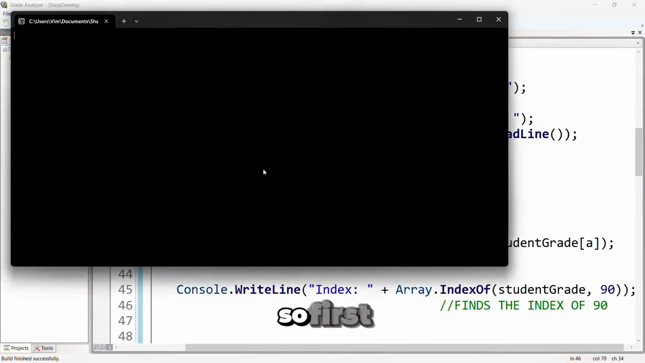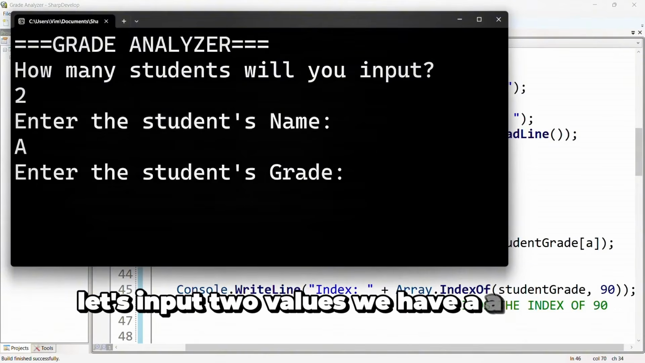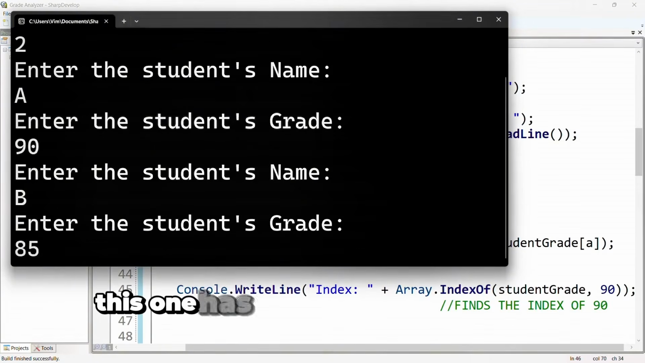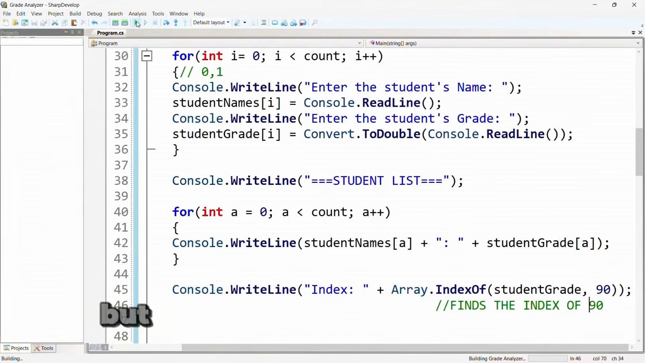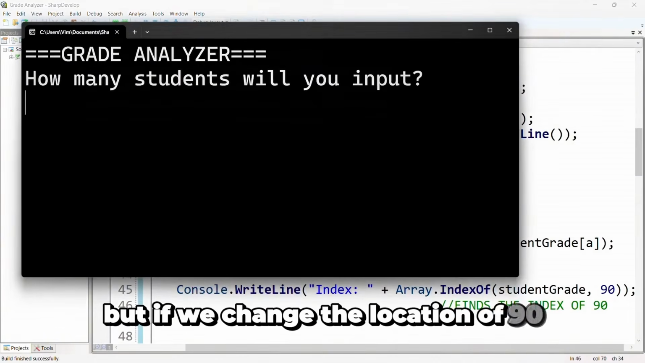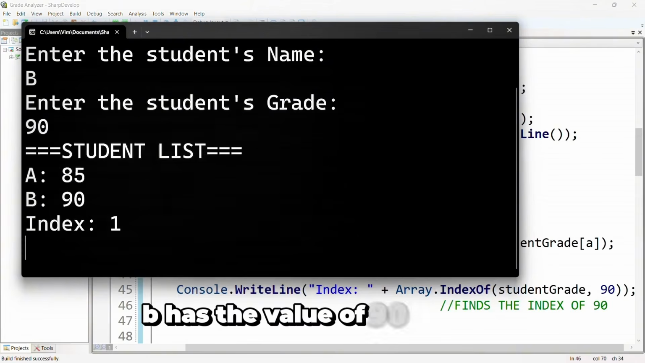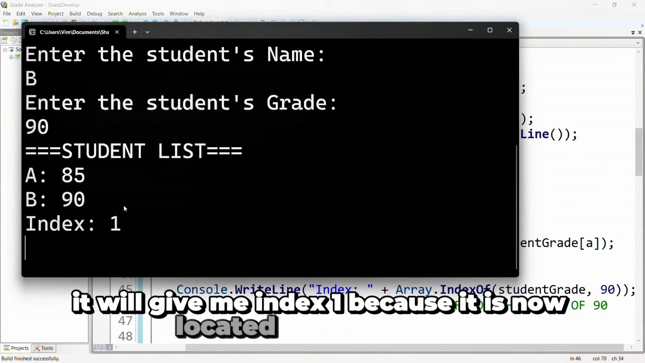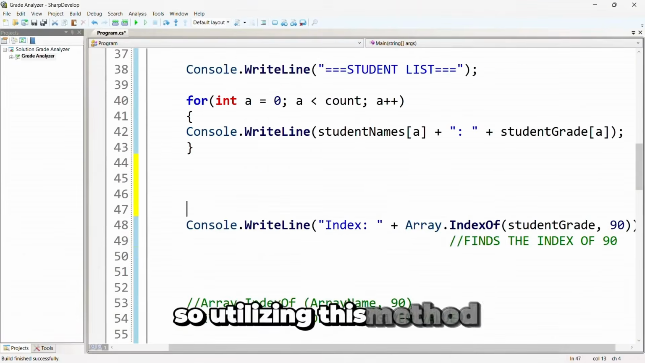So first, let's input two values. We have A. A is at index 0. This one has the value of 85. First, we know that A is at index 0. But if we change the location of 90, for example, A now has the value of 85 and B has the value of 90, it will give me index 1 because it is now located at index 1. Okay. So utilizing this method,